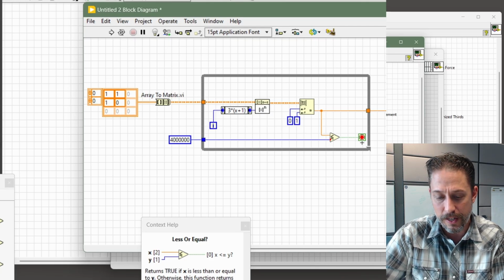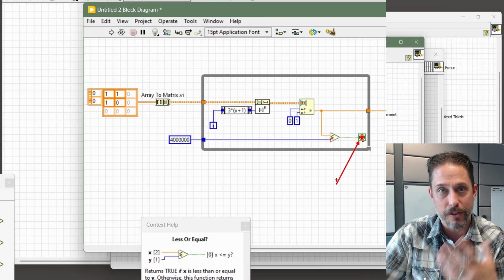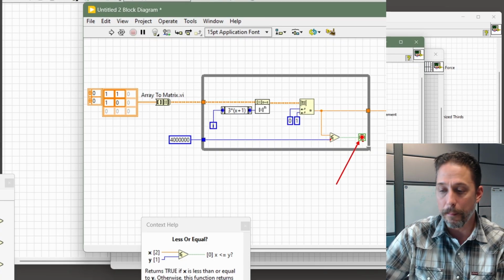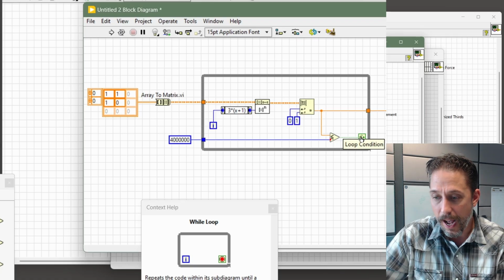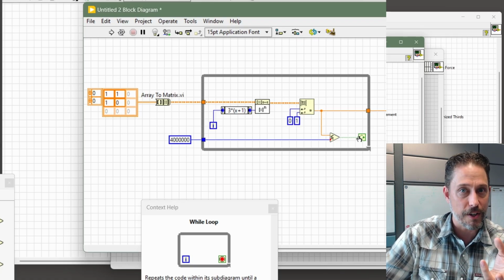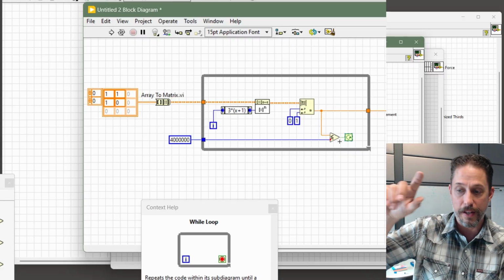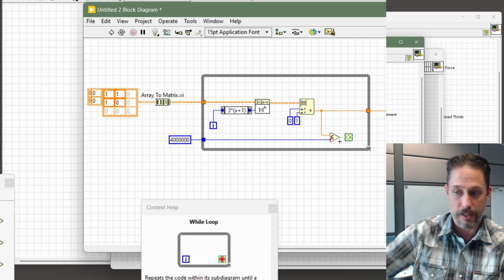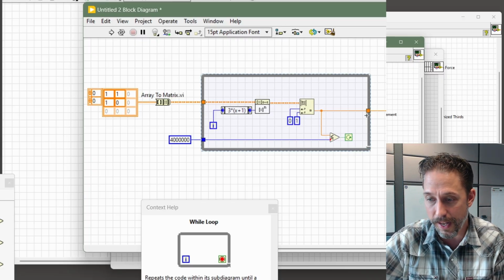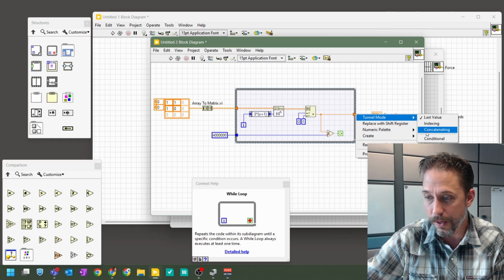Well, by default, this part of the structure would stop it at the very first iteration. But if I use the operate finger, I can go ahead and flip the logic on the for loop very quickly, and it's going to run as long as that is true. The minute it's false, it's going to stop the loop, for which I still need to go ahead and do that tunnel mode, indexing,